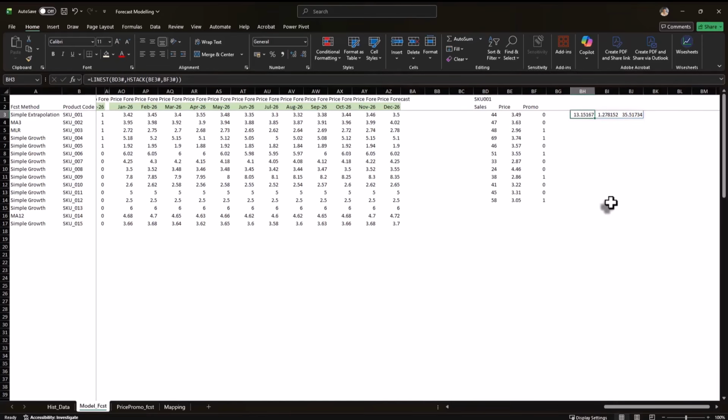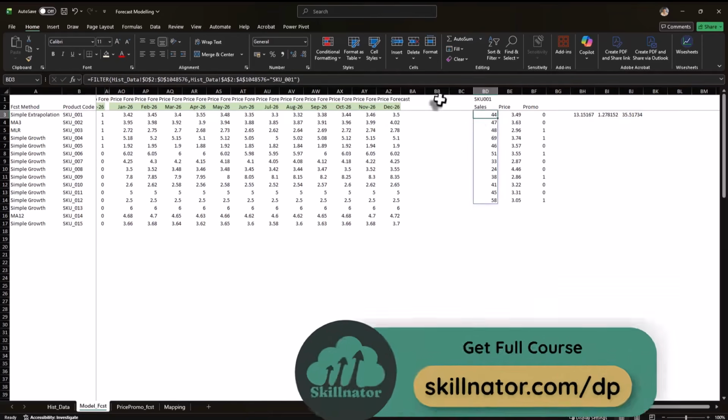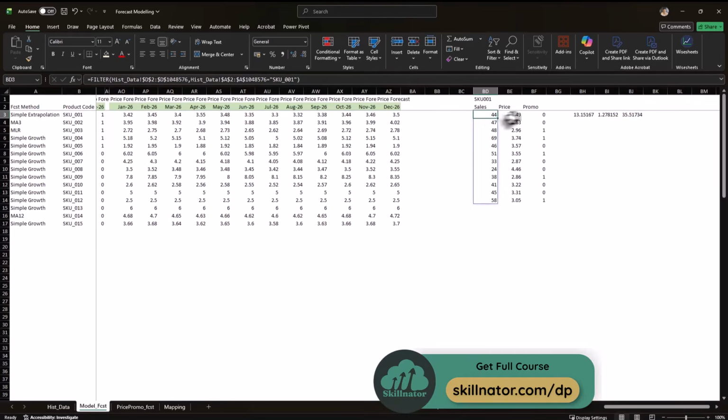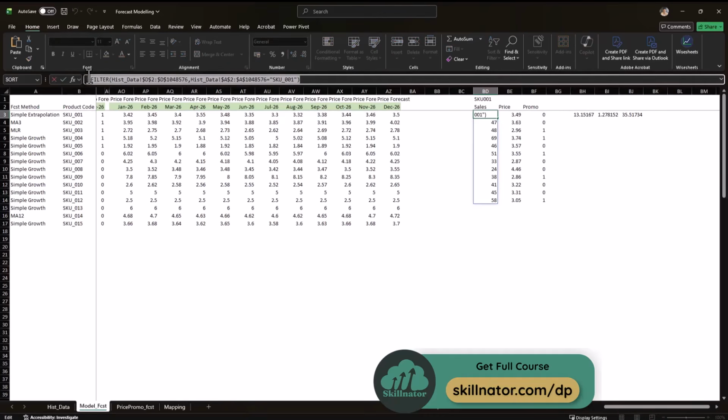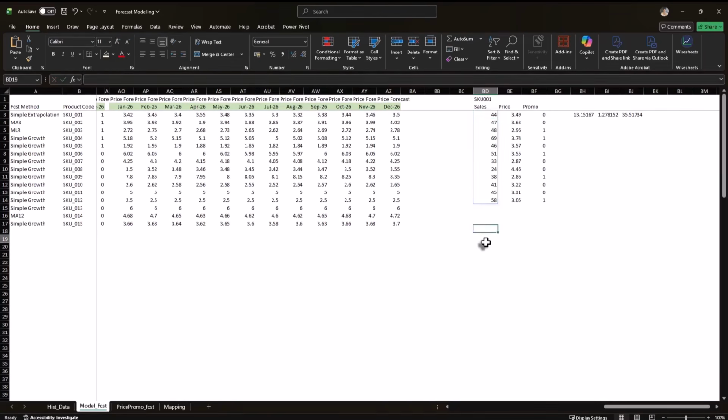Next, I'm going to create custom functions for the formulas we're using here to retrieve historical sales, price, and promo data. Since we're going to be reusing these multiple times, it makes sense to define them once and keep our model clean. To do this, I'll use LAMBDA. First, I'll copy the entire formula for which I want to create a custom function. Then I'll write a LAMBDA